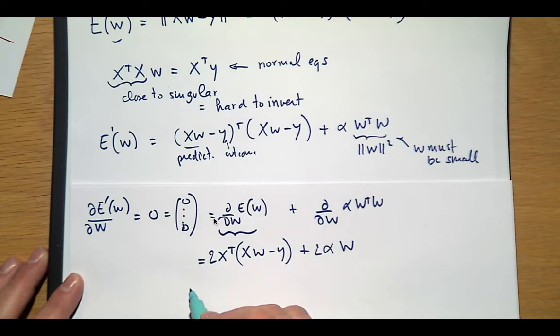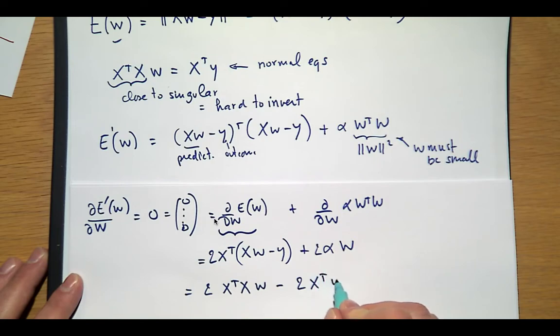I have X transpose X W minus 2 X transpose y plus 2 alpha W. I'm going to combine the terms in the weights, and I have X transpose X plus alpha times the identity matrix, times W minus